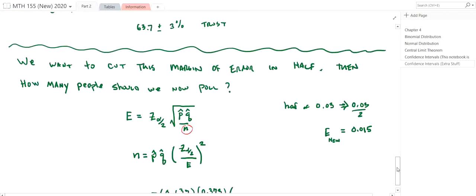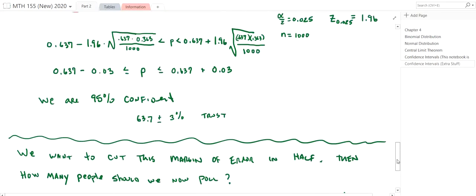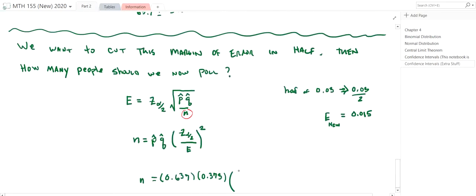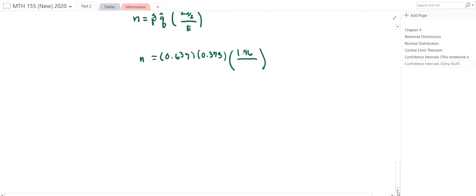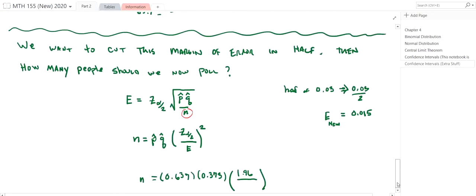Our z alpha was 1.96, divided by our margin of error that we want to have here, which our new margin of error is 0.015. Square this. So we do that calculation,